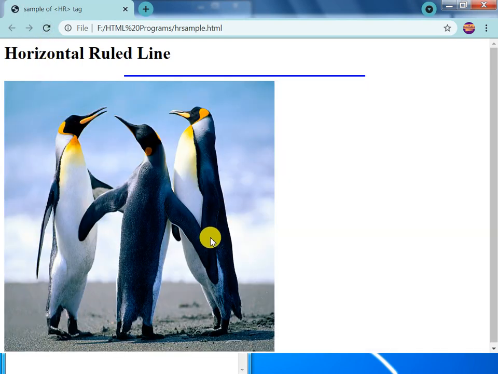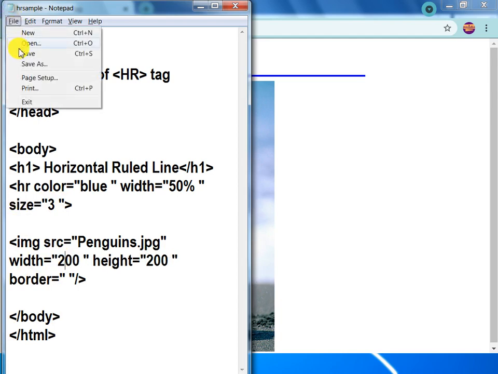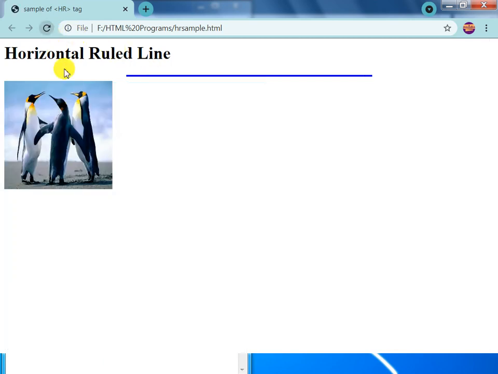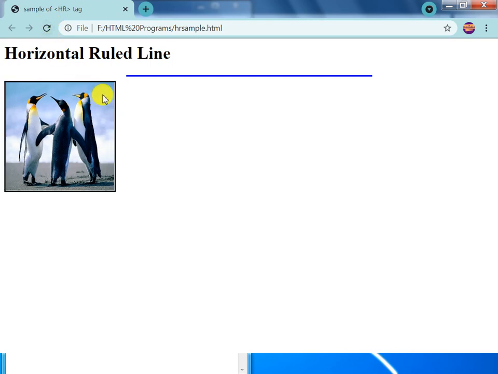Okay, this is the height and width attributes. We again change it to 200. Okay, save and check the output. Okay, next is the border. Apply border 3. Save and check the output.